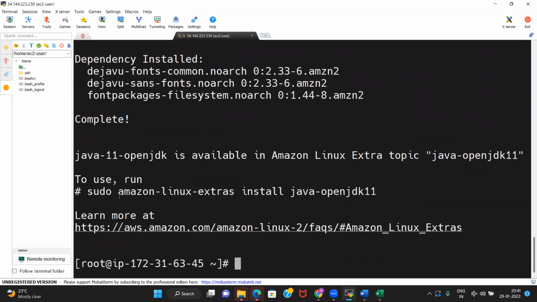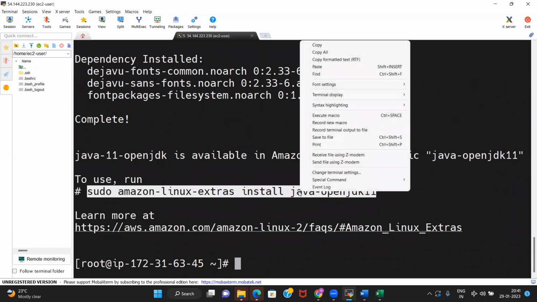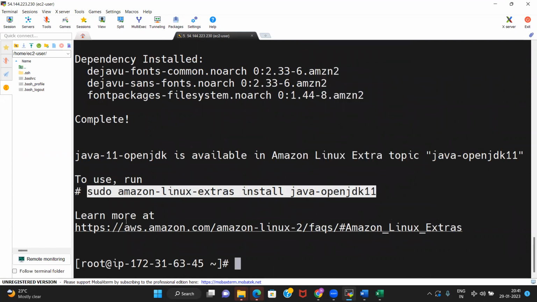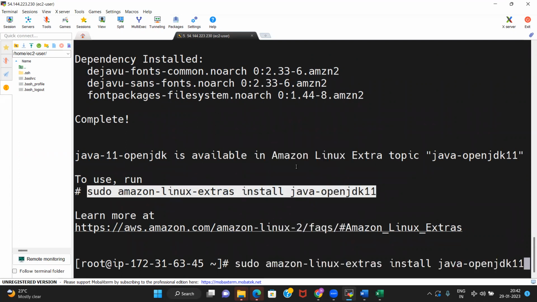But what they say is to run these things. So they said that for an Amazon Linux instance, you need to run this command. Okay, sudo. So at the end, you will get this command, or you can directly run it. For now, let us do it like, sudo. Copy this command and paste it here.